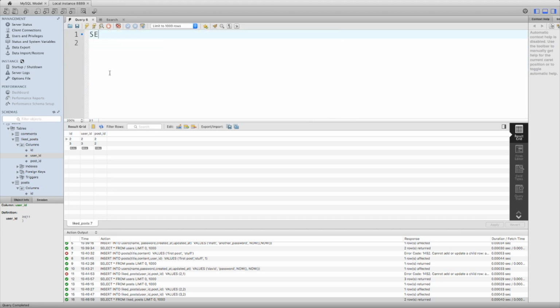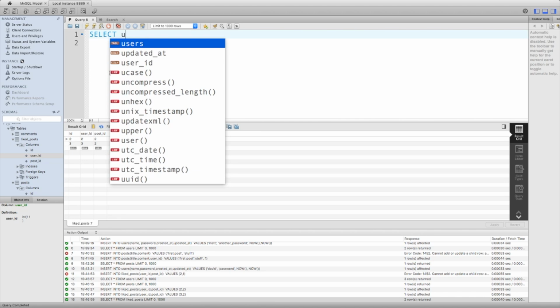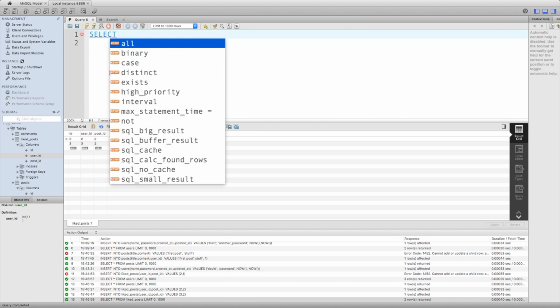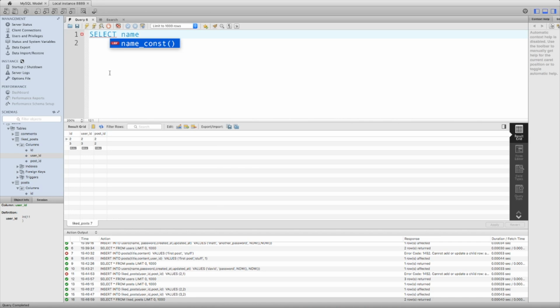Okay. So let's select, and now because we're going to be referencing multiple tables, for the fields that you want to select, it's good to be descriptive and use the table name. Even though this time only one table has the column name, so I don't even need it. So let's just say select name. That's going to come from users. Then we want to select the title, which is of the post. And how many likes does this post have? So let's just say